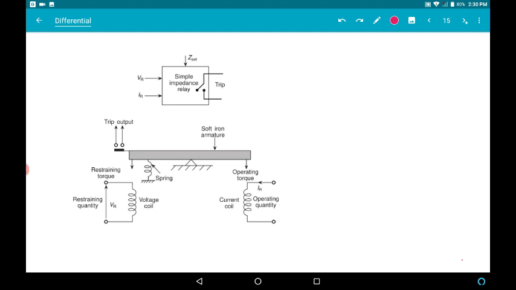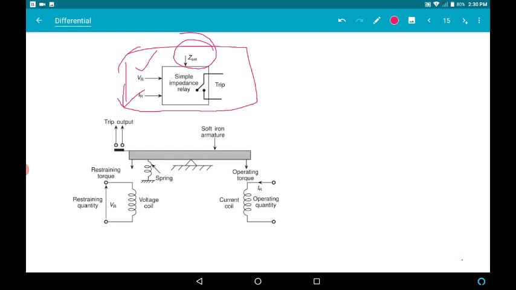Nowadays it is all done by microcontrollers and processors, so static relays are there. But in order to understand the working or intuition of the relay, it is good to see it in a mechanical way, right? So the impedance relay will have this kind of structure, wherein it will take two inputs, the voltage at the relay location and the current at the relay location, and we will set some value of the impedance. So any impedance below this will be trip, above this will be non-trip, right?